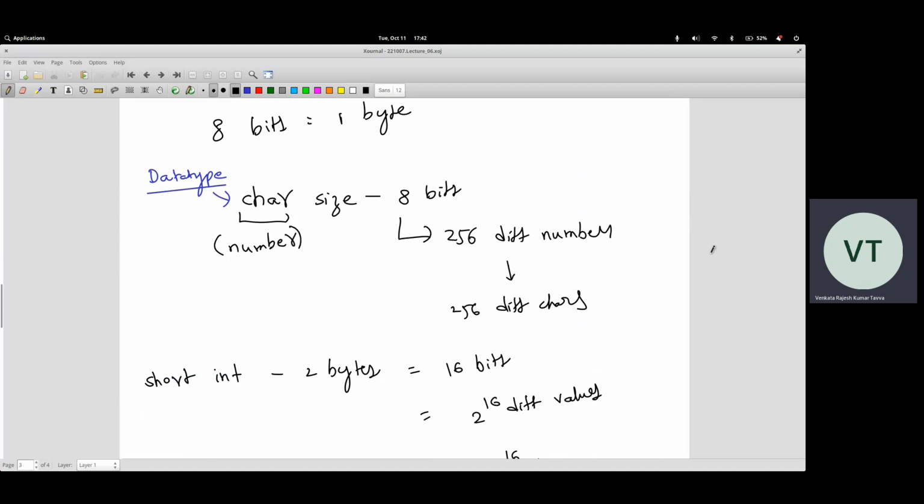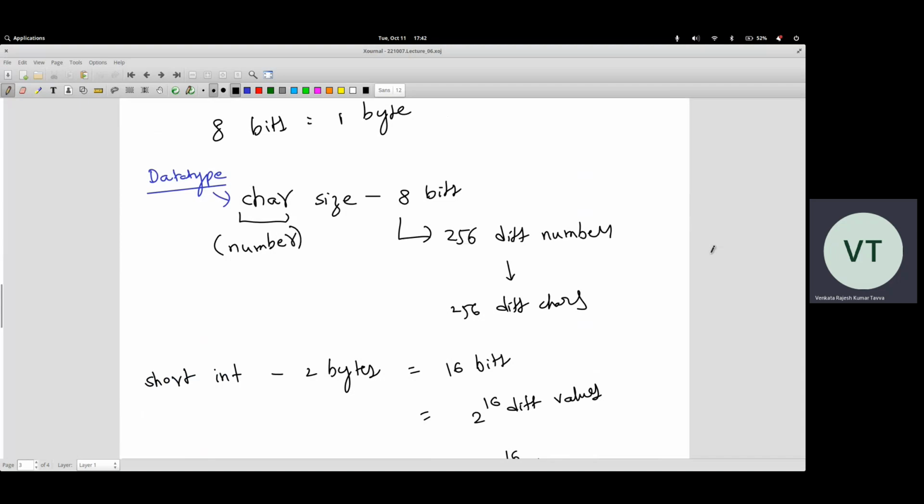C minus A. What will be the answer? Whatever is the number of A, depending on the number of A, C's number will be decided, the ASCII value. So then C minus A will be,